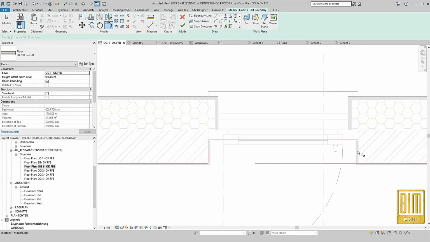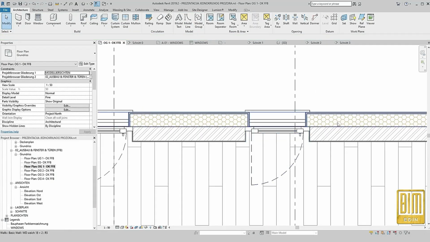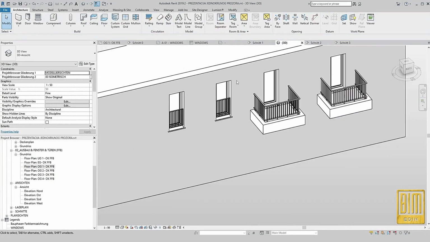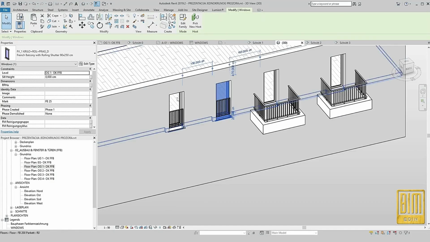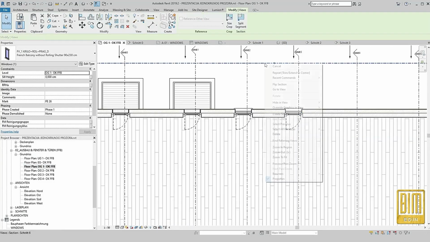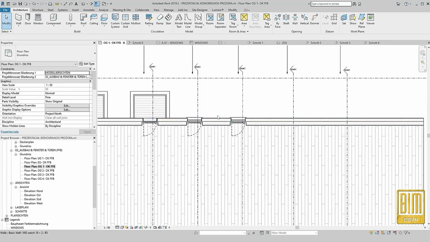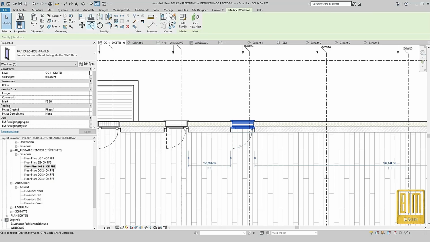All right. I will make the modification on the floor layers. And that's it. This one has rolling shutter, this one doesn't. And now from the elevation view, you can see the differences. All right. Now I will duplicate